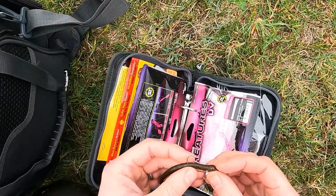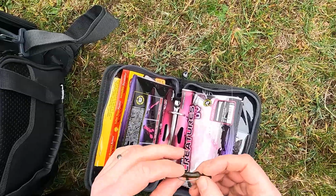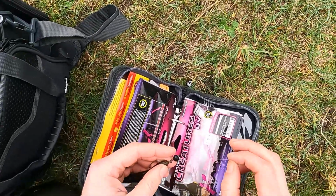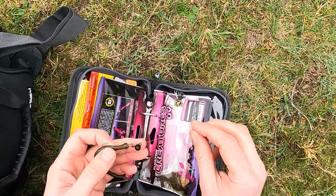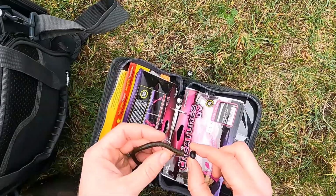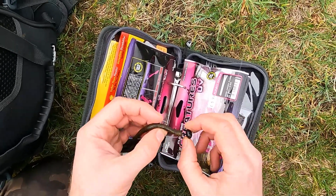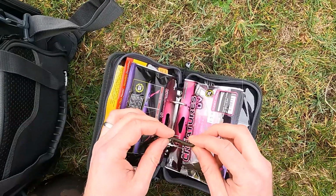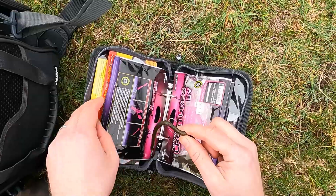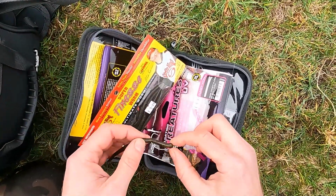Right, this is the setup we're using for this little session. Just like I normally do. Got my braided mainline to my fluorocarbon leader, 8 pound fluoro, to a Strike King Cheb weight in 7 gram. That's just hooked on there, you see. This is what we started fishing with when I first got here this morning. It's this little Cheb setup. This is a Strike King worm, finesse worm, pumpkin green,